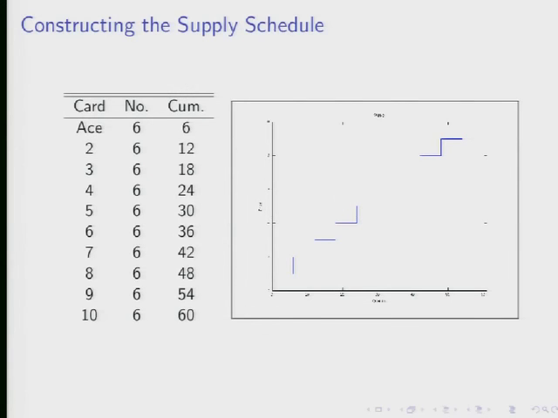Okay, now suppose the price was 1.5. How many sellers would be willing to sell at that price? You guys are a quick study. Still 6, and that'll be the case until we get up to 2. When we get to 2, how many will be willing to sell? 12. Oh, very good. Okay, so I'm going to cut to the chase here and assert that with this supply schedule of 6 of each of these values,